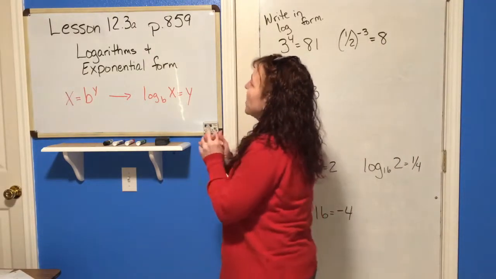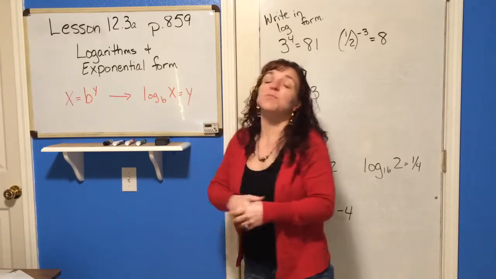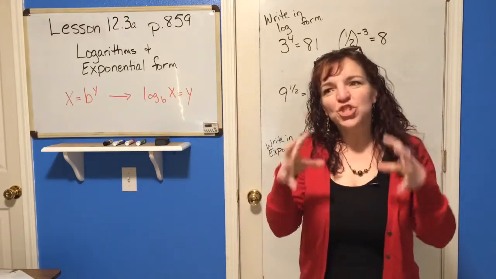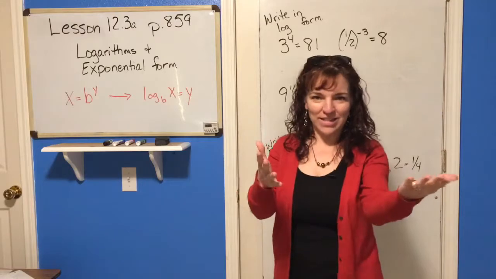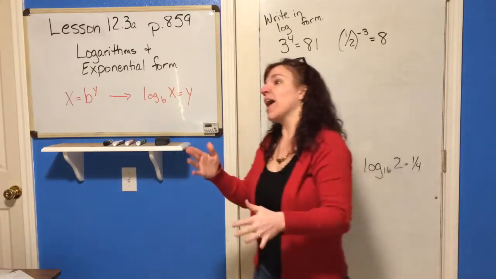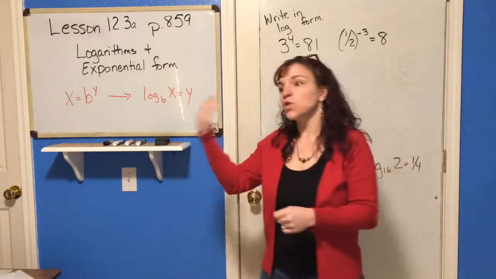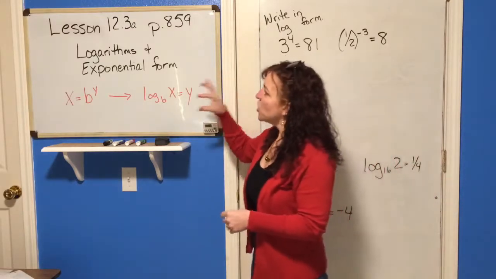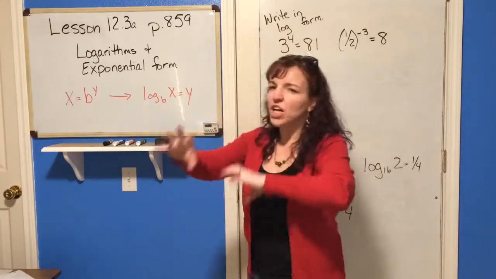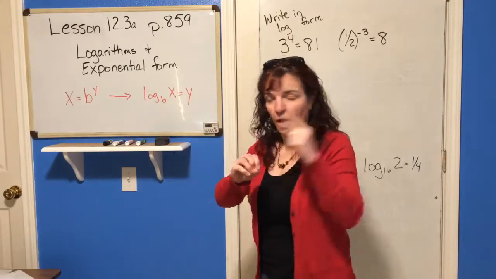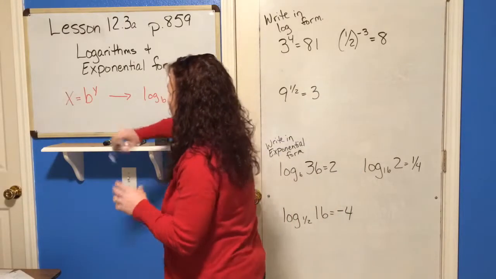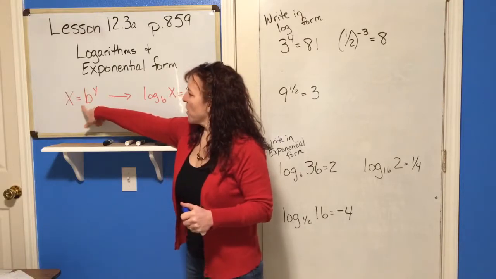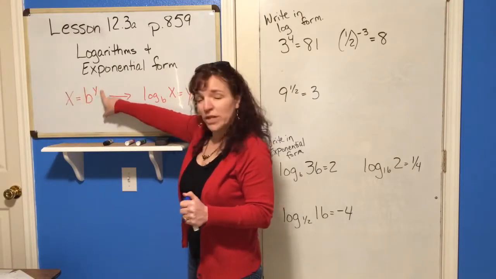Lesson 12.3, the first part: logarithms and exponential form. Just like adding has subtracting that undoes it, and multiplying has dividing that undoes it, and if you square something, you can take the square root and undo that, logarithms help to undo exponents. So if you've got a number equal to a base raised to a power,